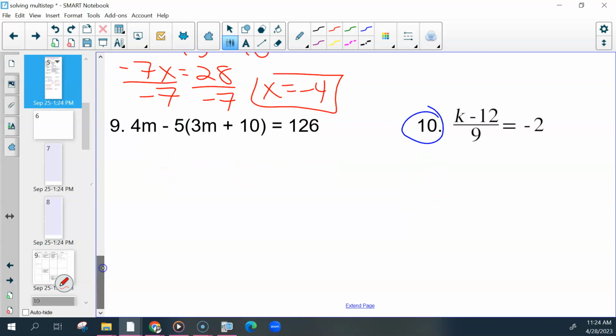Last one, number 10. You have to get k by itself, but we've got to get rid of the denominator first. How do we do that? Multiply both sides by 9. The 9 would cancel. And then